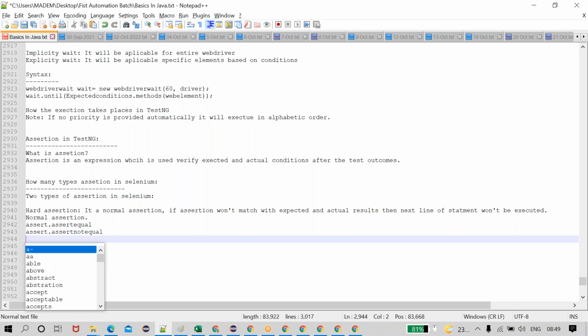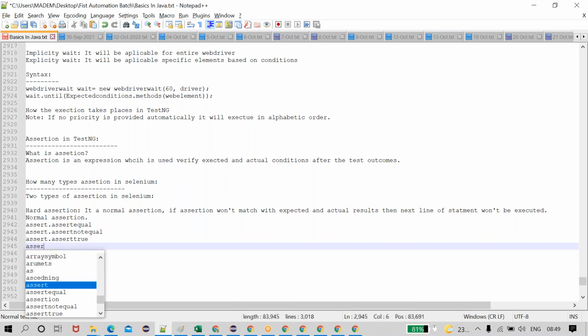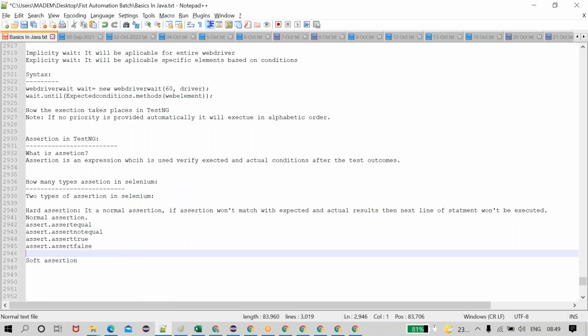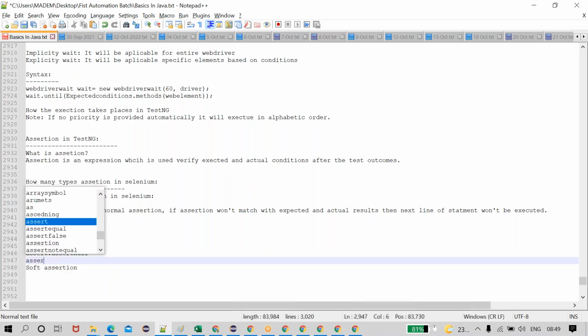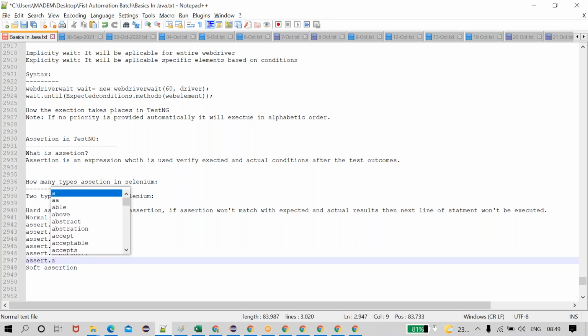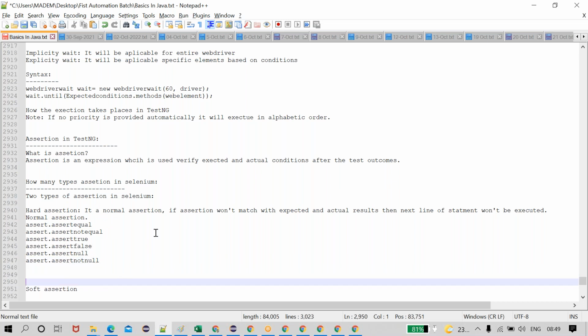These are the methods, guys. Assert dot assertTrue, assert dot assertFalse, assert dot assertNull, assert dot assertNotNull. Different types of assertions will be available.